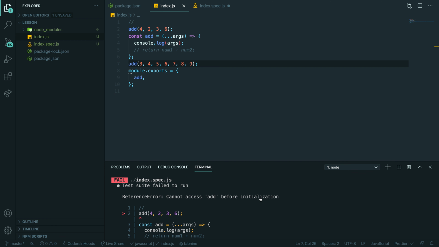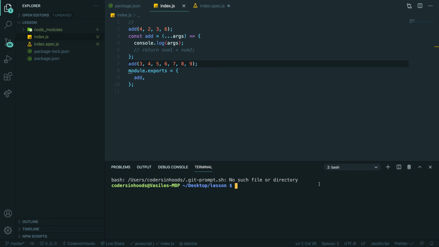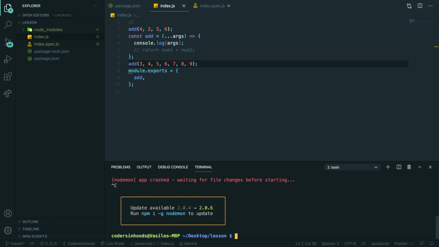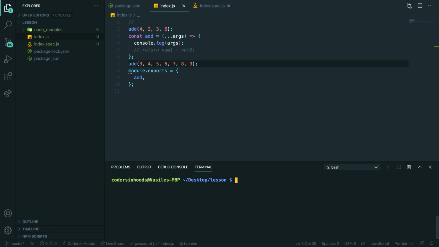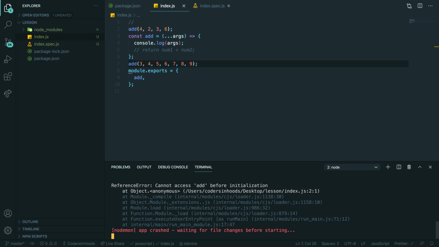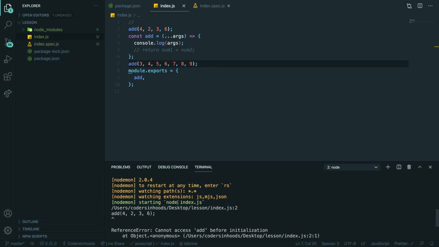Open that in a new terminal, and let's run node index. Oh, wait a second, node.js. We should add. What's going on? Oh, right, sorry, my bad.